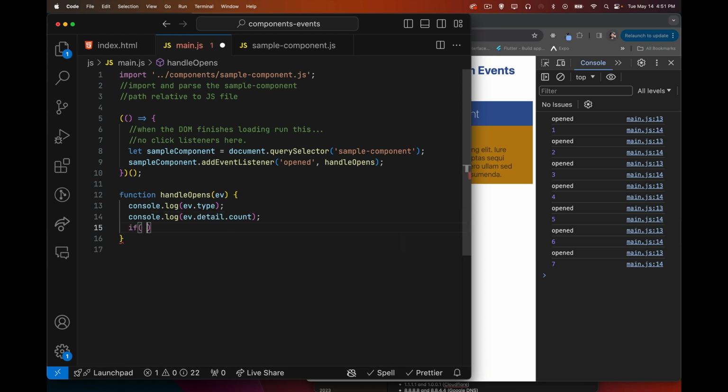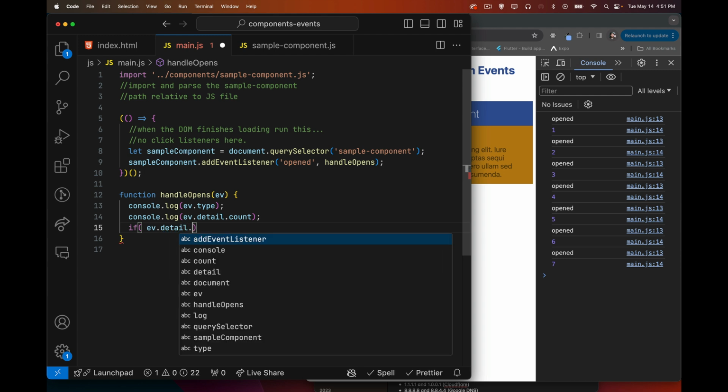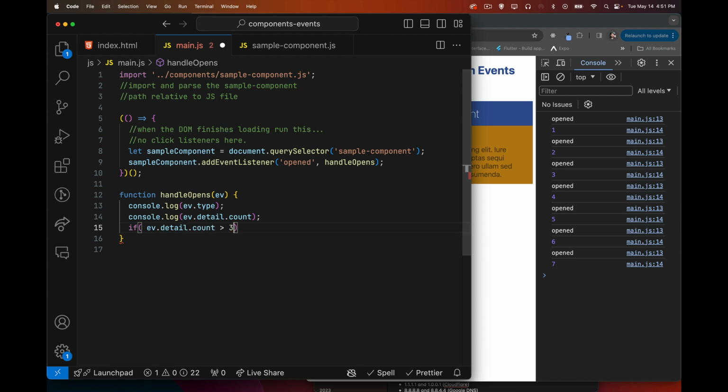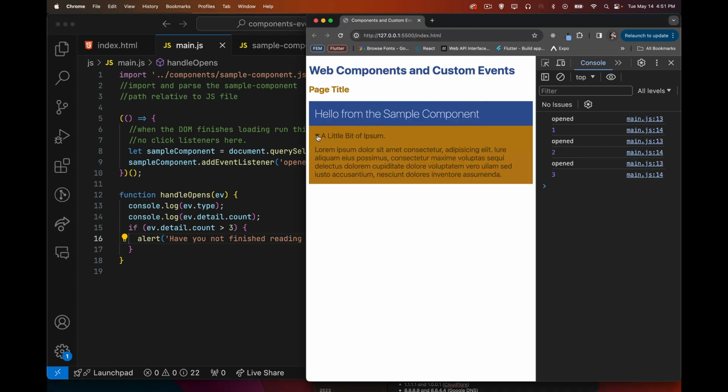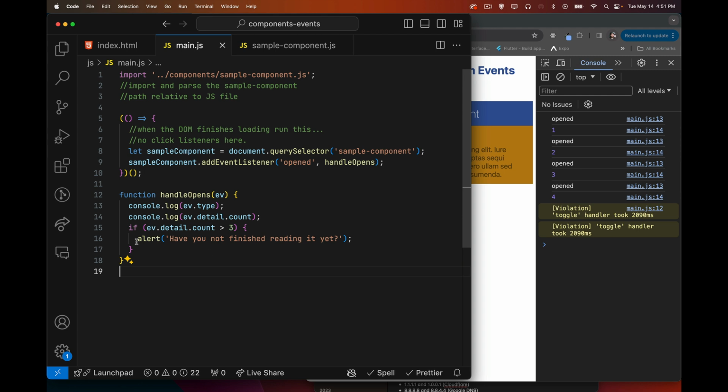We can say if ev.detail.count exceeds the number 3, whatever you want to do. Let's just throw an alert onto the page. Say, have you not finished reading it yet? There we go. So first time I get the number, second time I get the number, third time I get the number. But if I do it again, there we are. Now we have the alert popping up here. Now, you don't want this on your final website. Issues with that. Not the recommended approach, but